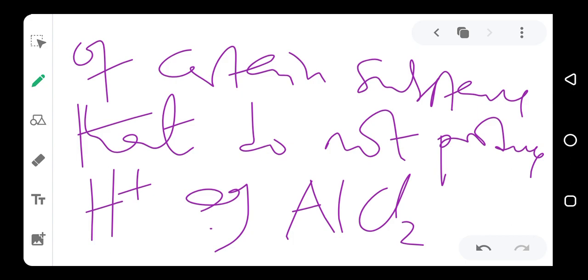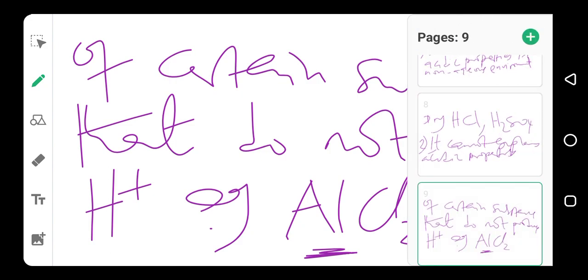So Arrhenius theory cannot explain why this substance acts as an acid when it cannot produce hydrogen ion when dissociated in water. Also, it cannot explain the basic properties of some substances that do not produce hydroxyl ion when they are dissociated in water. Number three, it cannot explain